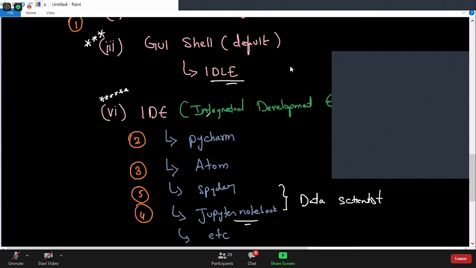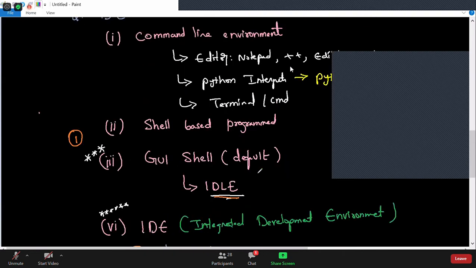Don't worry, stick to this IDLE now. Don't worry about other unnecessary things. But I'll show you how to launch IDLE and how to write the Python program. If you write one or two programs now, you will get familiar with it and your confidence level will increase. Once you install Python, if you have IDLE, that's more than enough for you. The other things are only for your knowledge.